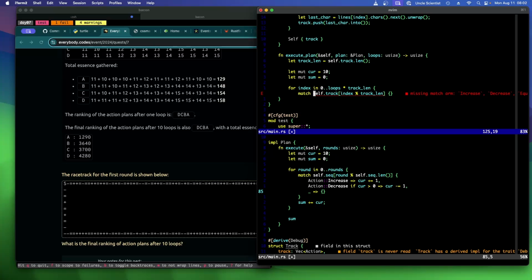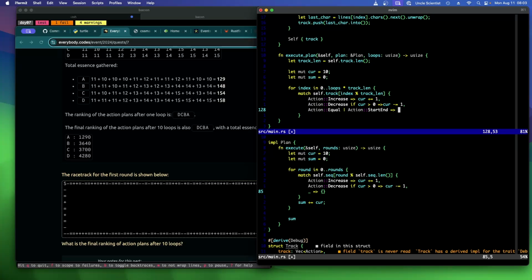I don't know why that happened, but I must have hit the other one. Okay, so if it's increase, I'm going to say cur += 1. If it's decrease, it's cur -= 1. And then anything else, action equal or action start end, we're going to actually go to the plan,